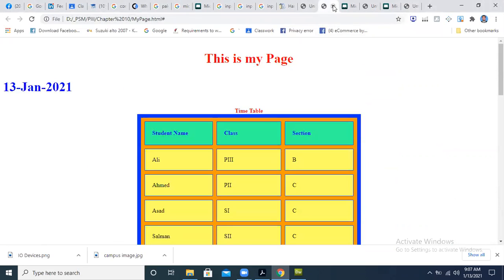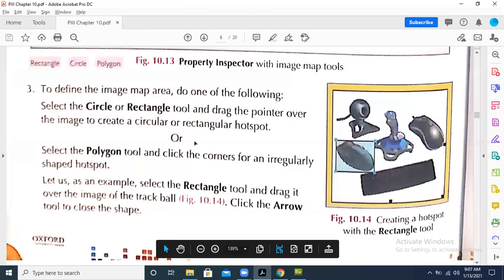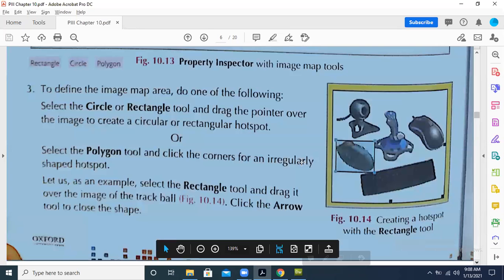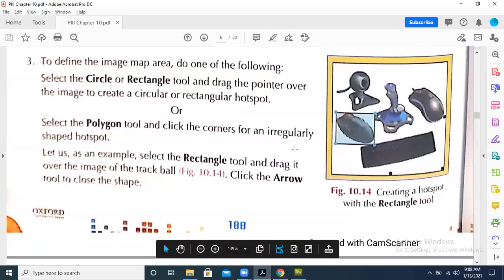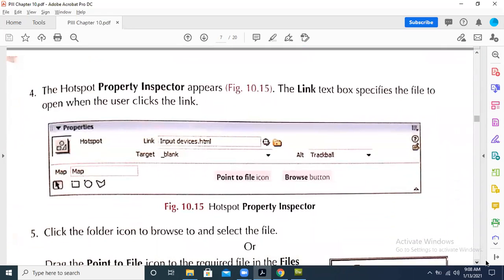So we have to find a way that it should work for the external document as well. Although I have followed the steps mentioned over here, we will continue with the same thing by dividing one image into different portions and linking them, just like I have applied.